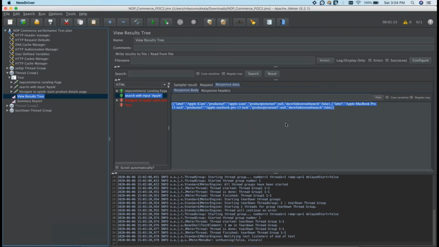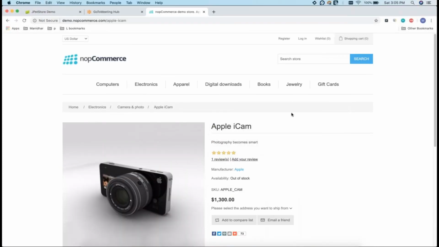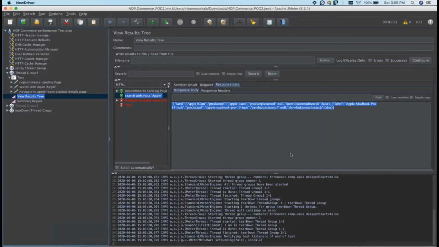So I am getting back the data in the form of JSON. Whoever developed the UI shows that JSON object with good styles on top of the web page. But when we run the JMeter scripts, we may not see the real browser, so we have to extract the response data, and that response data we have to validate.